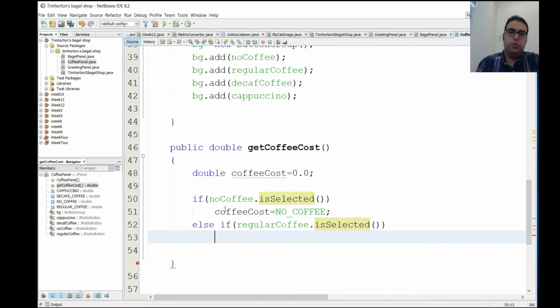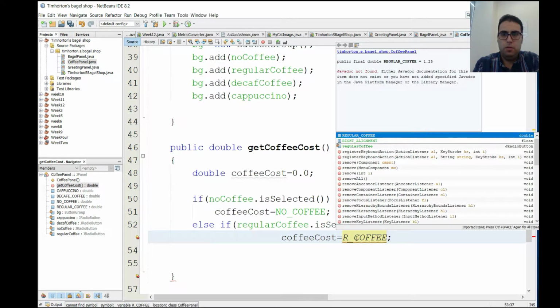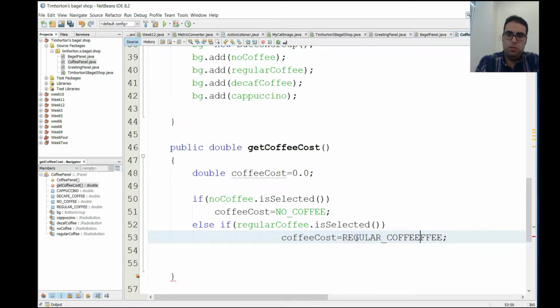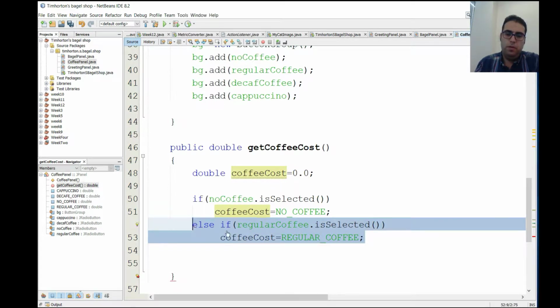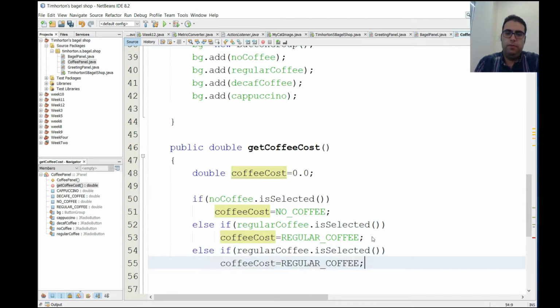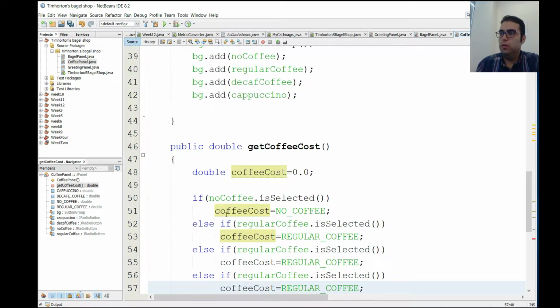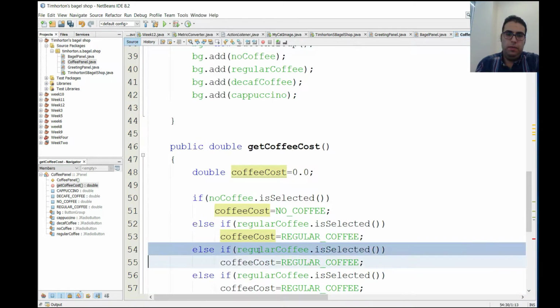And the coffee cost would be obviously regular coffee. Okay. One more. I think there's 3 of them. Decaf and cappuccino, right? That would be